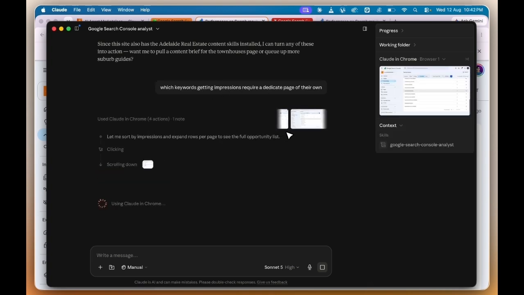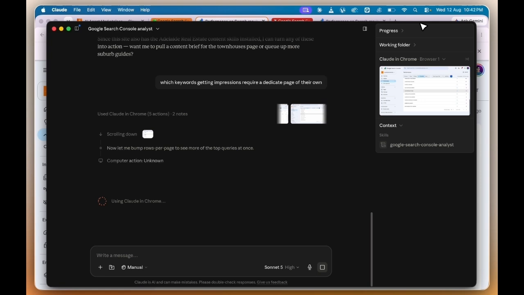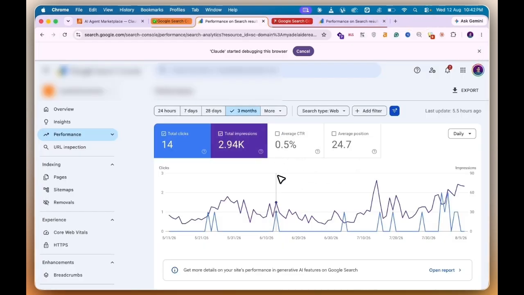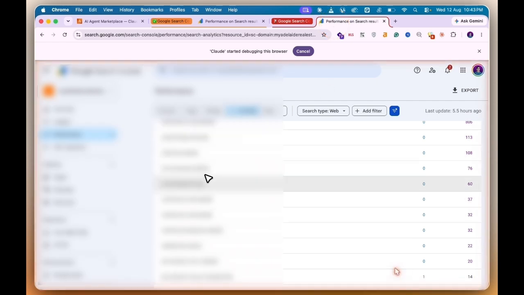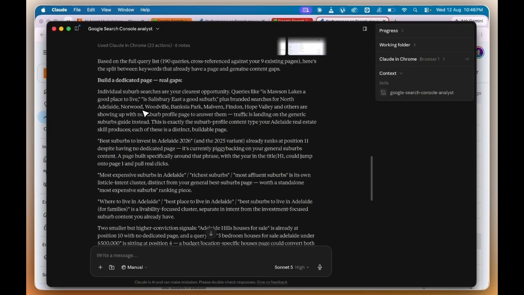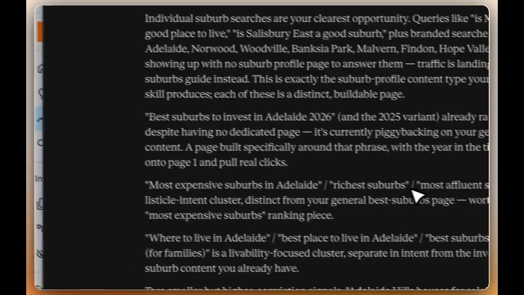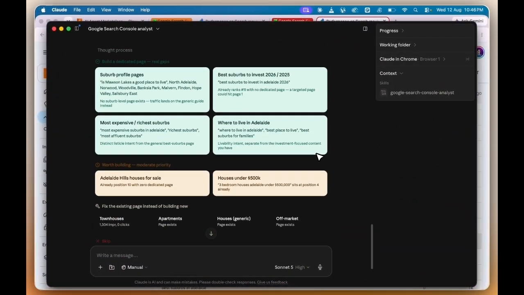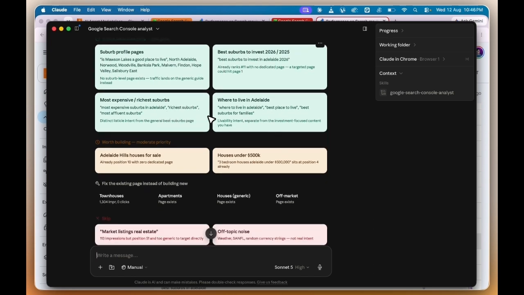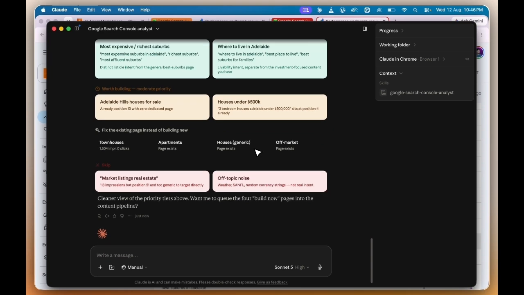right? You can see as we speak, it's working in this tab over here. And even if I go to the browser, you can see that it actually is working on these keywords and everything over here. So that's really good. So you can see it's given me exactly those keywords and groups to go after. Scroll down, it's given me an even more nice presentable looking hub. You can always ask it to do this, but then you can see how useful this GSC skill can be. So next,